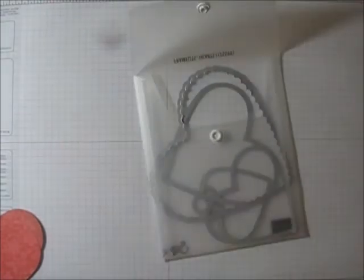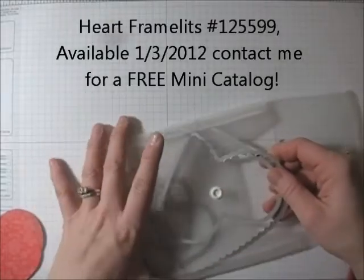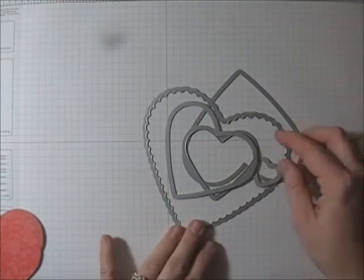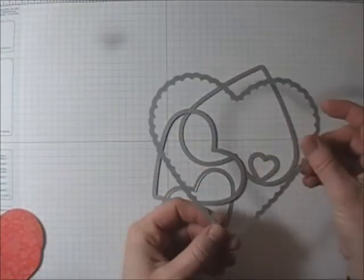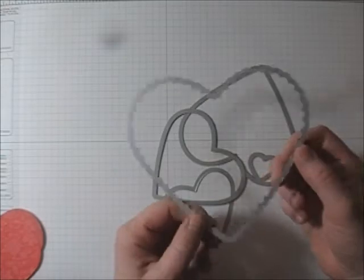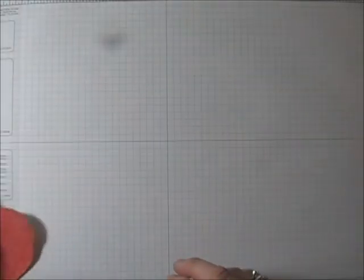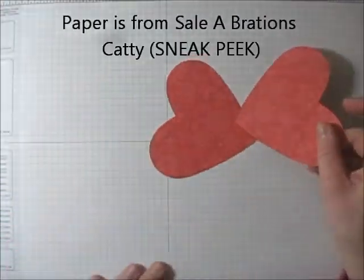Okay, so what I've done is I used the new Framelits from Stampin' Up! These are really cool. They're just little metal pieces. They're hearts, and they have one edge that is raised. And you just put them on your piece of paper and run them through your Big Shot. And they cut out all these different sizes of hearts. So I used one of the hearts to cut 2 large hearts, and I'm just going to start my butterfly